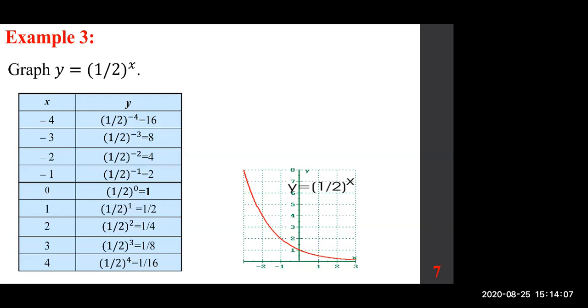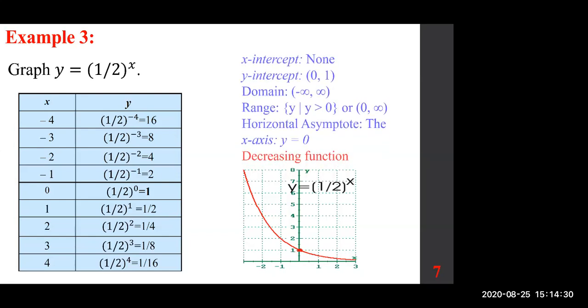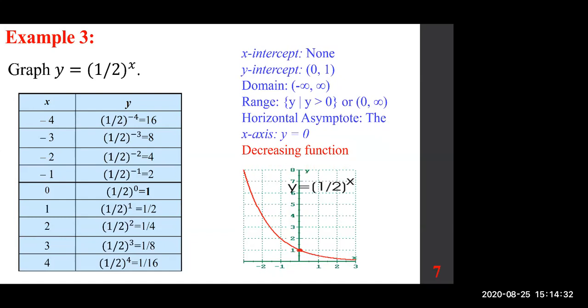And therefore, we are going to repeat everything that we wrote in the previous page. X-intercept none, y-intercept is still 0, 1. See that? Okay, domain is still the same thing, all real numbers. Range is the same thing, from 0 to infinity. Horizontal asymptote is the x-axis. The only difference is previously we were dealing with an increasing function. Now we're dealing with a decreasing function. And this shape works for any function of the form